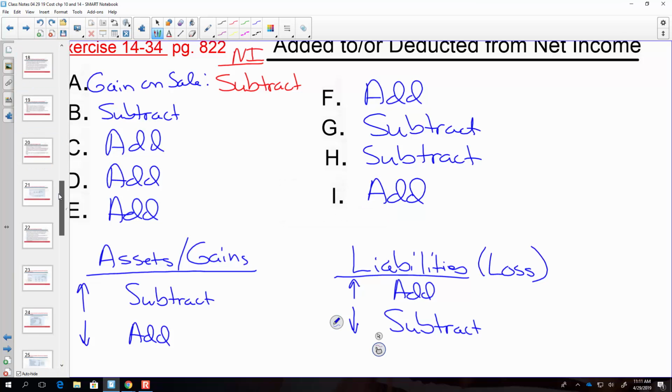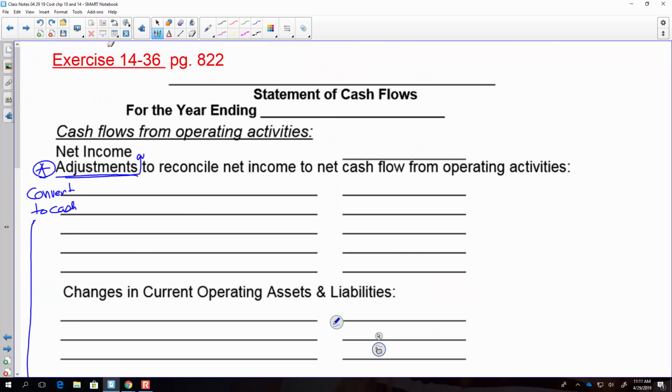Let's just get started on one template. I gave them out. I gotta do one. 36. This is the indirect method. It's the easiest method. I've been in accounting for 30 plus years. I've never seen the direct. So the indirect is the most common one used. So that's why we practice it. We start out with